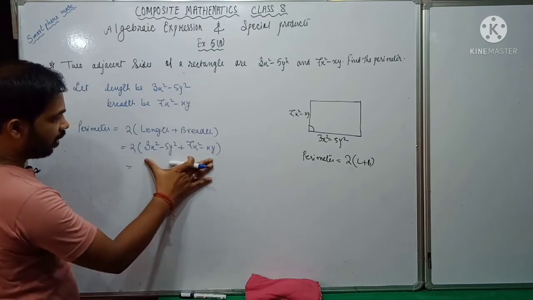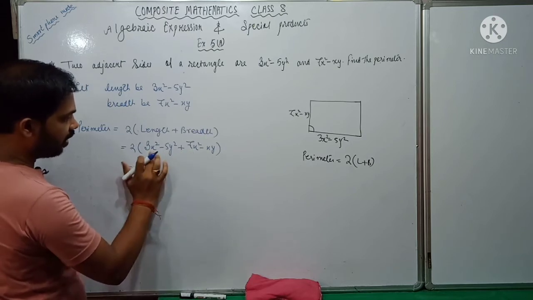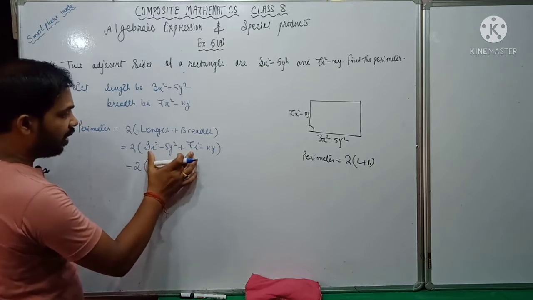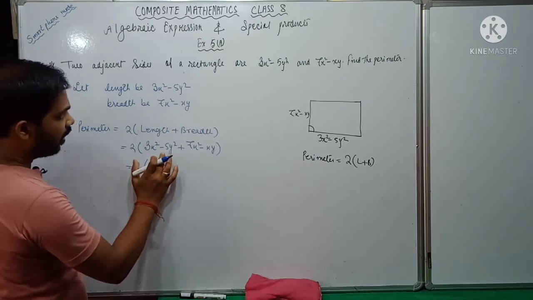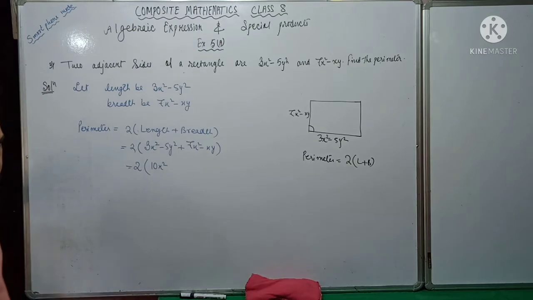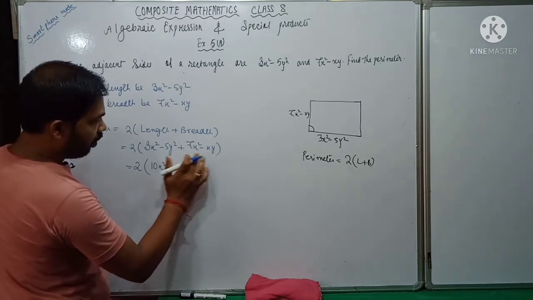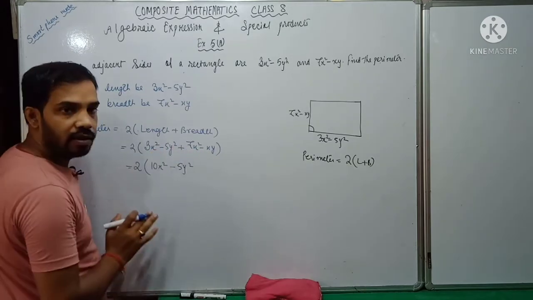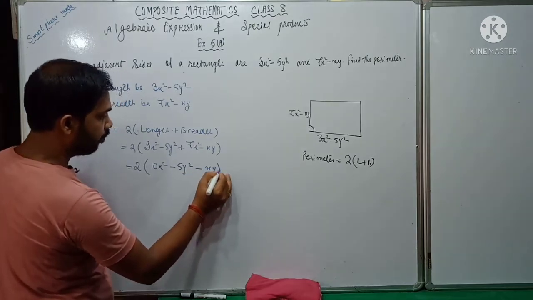Now you first solve the bracket, the problem inside the bracket. So it is 2 times. Now here you see 3x square and here 7x square. So in total how many x square did it become? It became 10x square. And here you see 5y square and next part is xy, okay. So we will write minus 5y square, and this will not be added with this because these are different terms. Here y square, here xy, so it will not be added, so you have to keep it separately. So it is minus xy, okay.